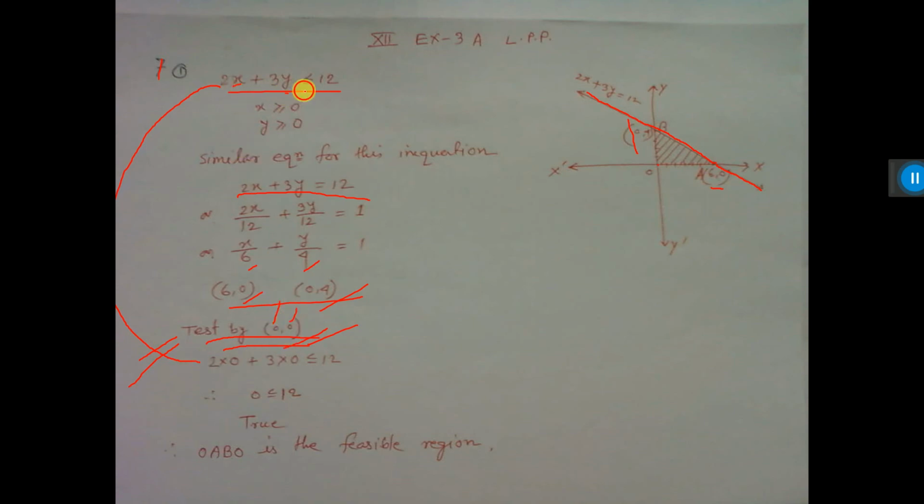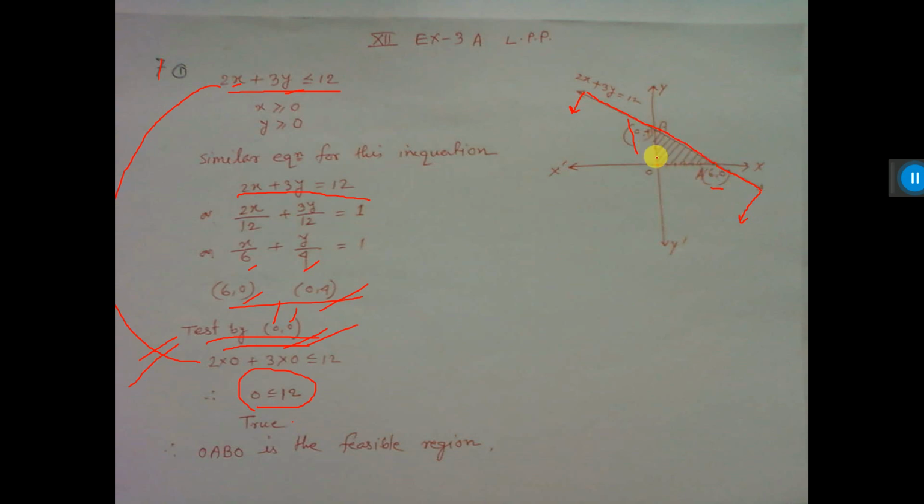If you put x equal to 0 and y equal to 0, it comes 0 less than or equal to 12, and it is true. Since it is true, you have to shade in the direction of that point, the 0, 0 direction. That means this way you have to draw lines. Now see, at the extreme point I am drawing two lines. You can draw the lines in this direction too, but remember I told you the solution will be in the first quadrant. This is the reason. This is the feasible region.